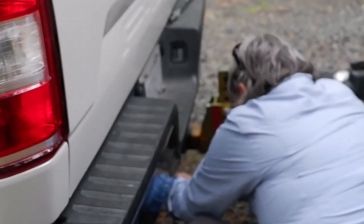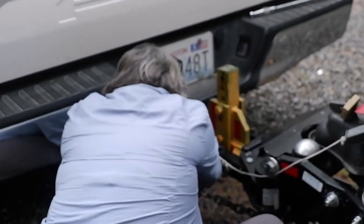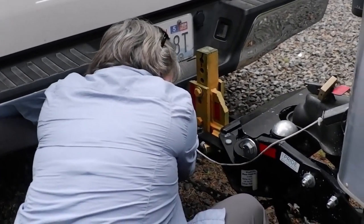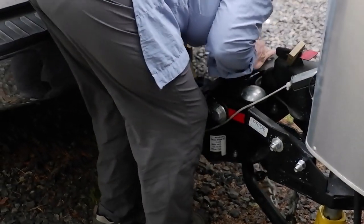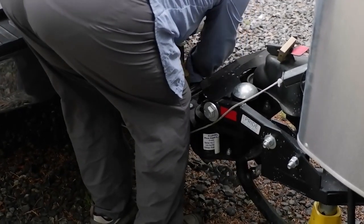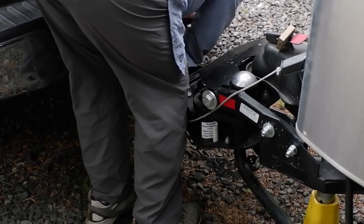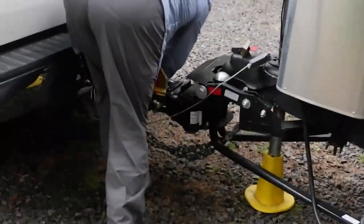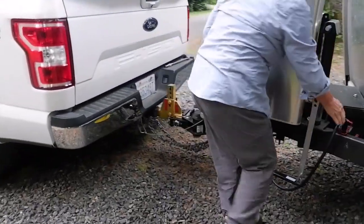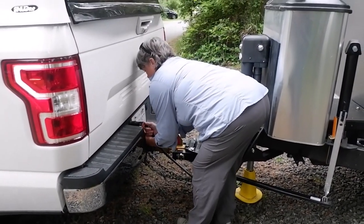And the Propride is connected at this point. We just do the normal hitch up things of connecting emergency breakaway chains and breakaway brake and lights and all that. The only thing to pay attention to is Propride is very specific that you run the chains between the equalizer bars. So with that, that's what it looks like when it's hooked up. And we are parked in the middle of the campground driveway, so we need to stop the video and